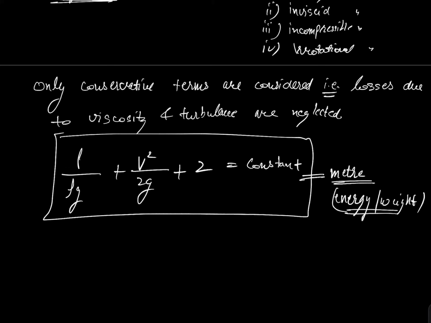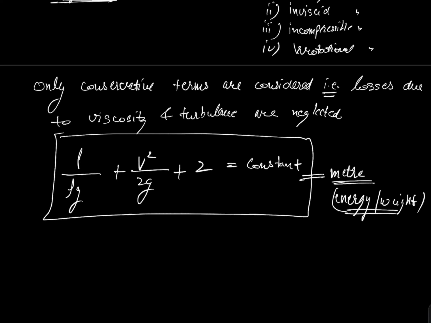Here we are neglecting any losses due to turbulence and friction. If we neglect those losses, then my whole energy will always remain conserved. It might convert into kinetic and potential energies, but it will remain conserved. Let's say if my velocity is reducing, its pressure will increase, or vice versa, but total energy will always remain constant. That's the beauty of this equation.